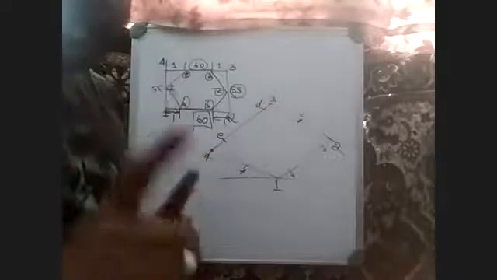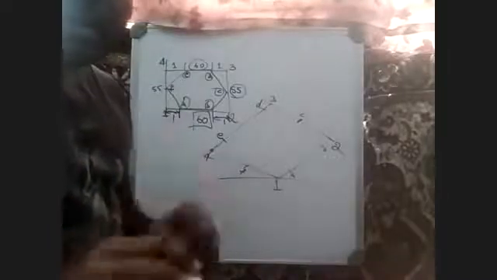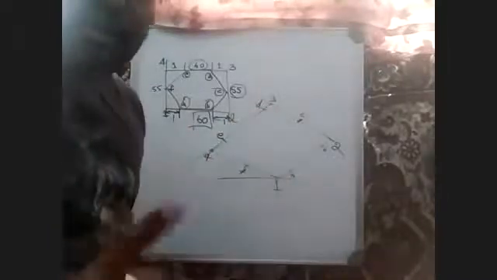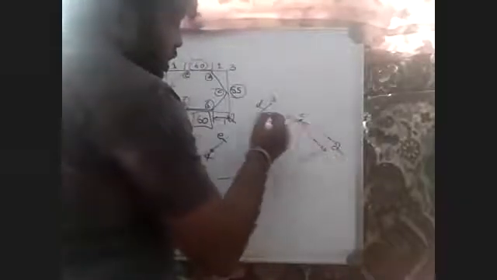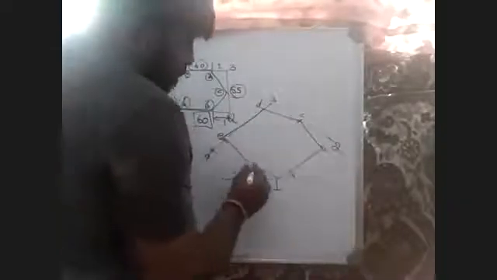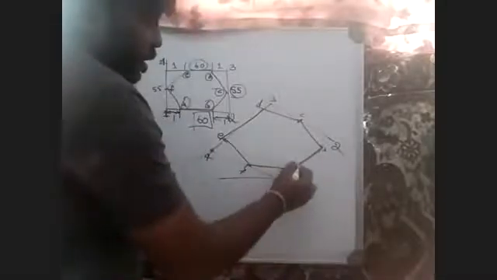It's just box gap counting. You don't have to take any scale and measure it. You should count only the box gap. That's all. So after this, A to B there's a line, B to C there's a line, C to D, D to E, E to F, F to A. So this is how you construct a hexagon in isometry.